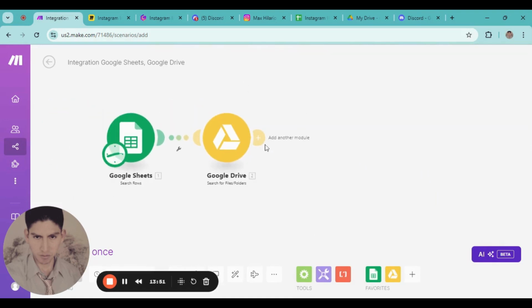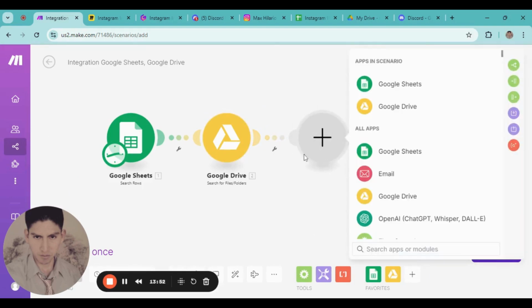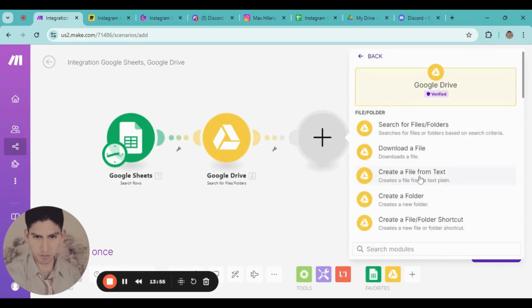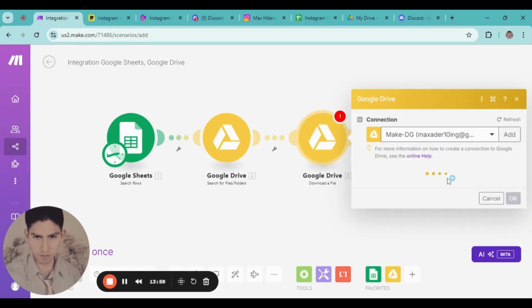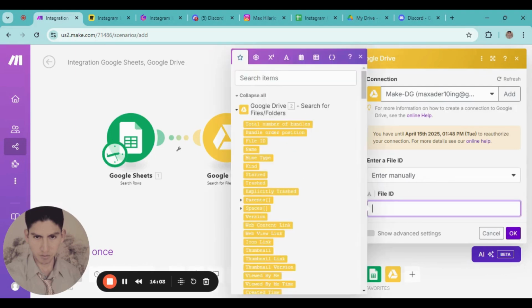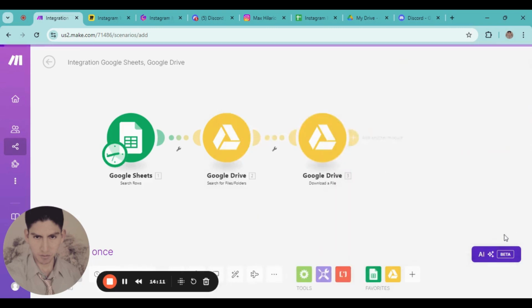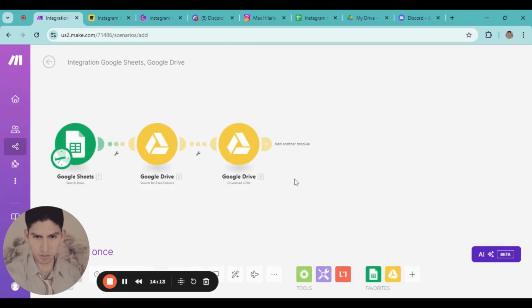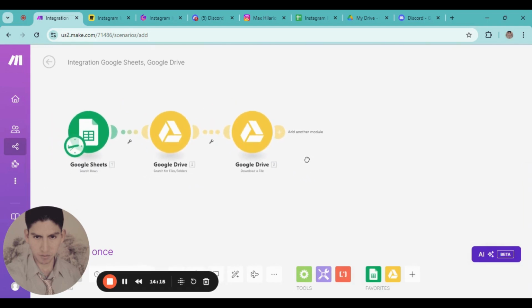The next thing that we're gonna do is download this file. Here, download. And the file ID is the file ID of the previous step. I'm gonna click OK, and then here